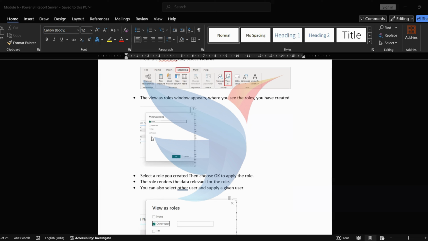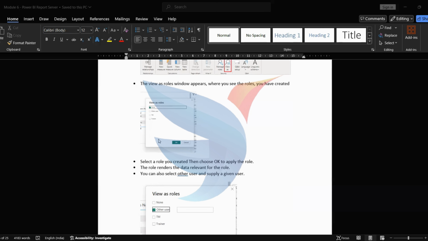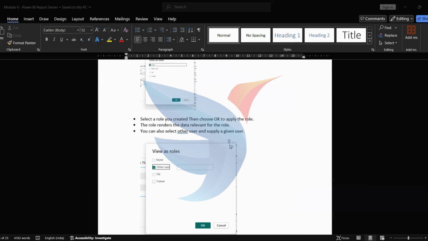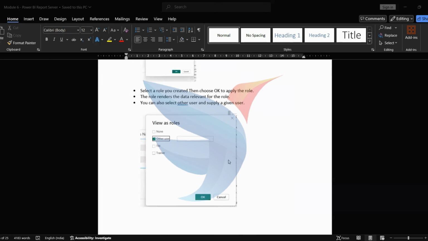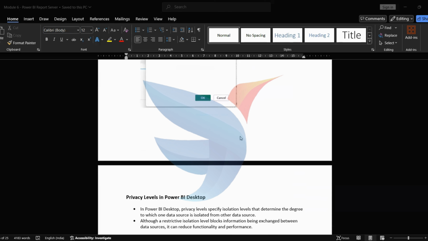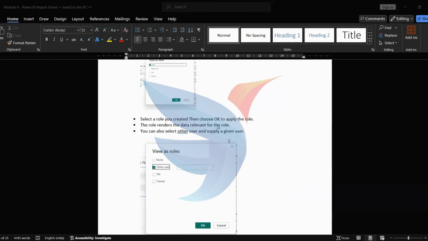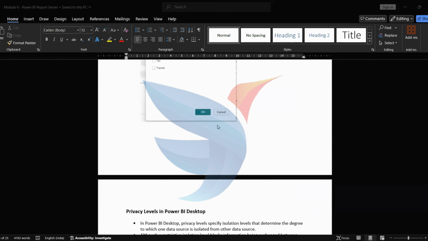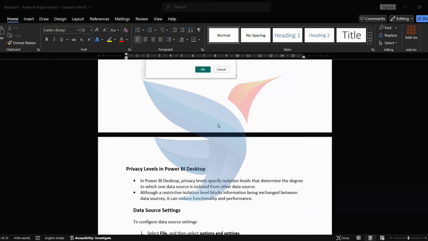Once the role renders the data relevant for the role, you can select another user and supply a given user. Then click on OK. This is how you can view it. Next, let's see the other topic,